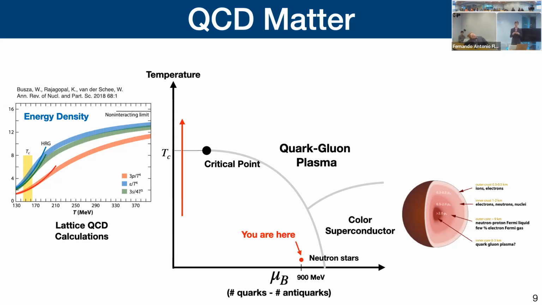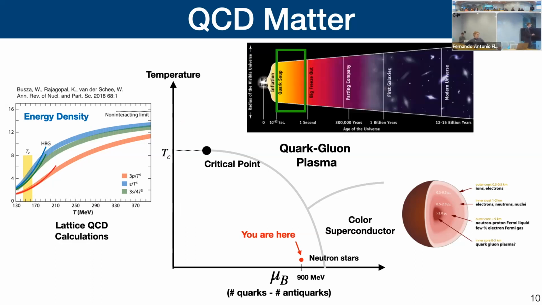So the quarks and gluons inside of it get removed from that bag of quarks and gluons and are free to move around. And this phase of matter is known as a quark-gluon plasma, where you have deconfined quarks and gluons that can move. Now, the quark-gluon plasma is very interesting for many reasons, but one of the reasons is that the early universe was very, very hot. And so it's predicted that most of the universe consisted of a quark-gluon plasma at very early times, just after the Big Bang. And so by studying this quark-gluon plasma, we can essentially study the dynamics of the early universe.